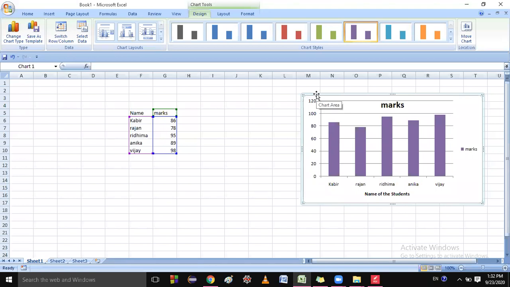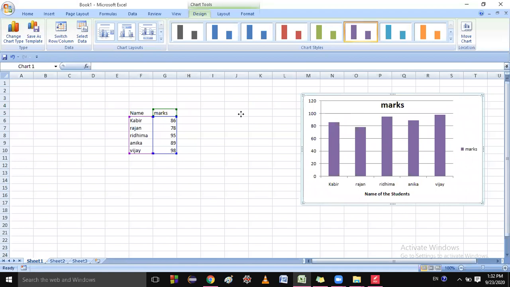A four-headed arrow appears on the mouse. Yes, four arrows on the mouse. So press and drag it in order to move the chart in any direction.